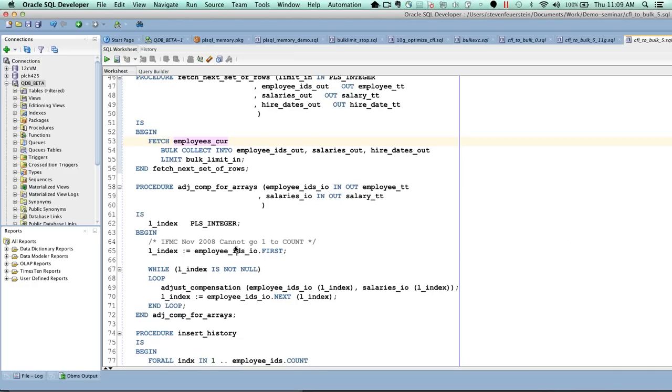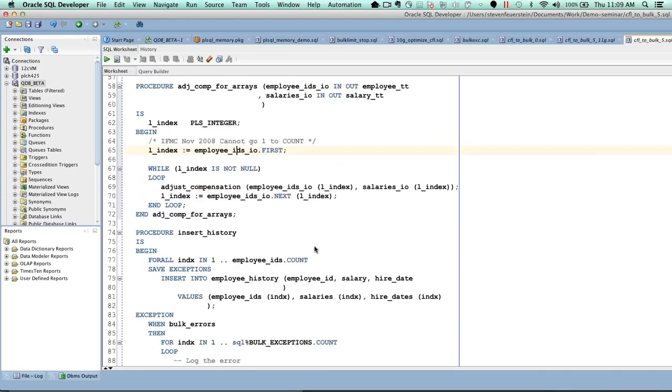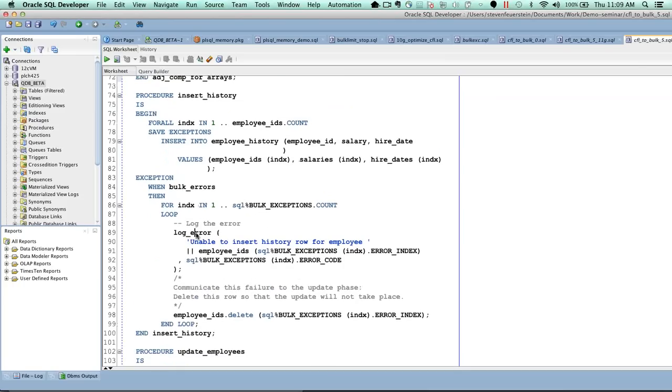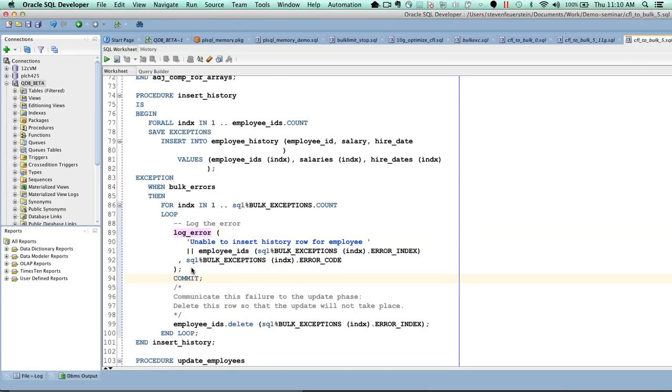Should I put commit in my exception handlers? In general, I'd say no. But it all depends on what you need to do. I think the question here might be, if I'm logging an error, should I do a commit afterwards to make sure that error is saved? Now, you do want to make sure that your error information is saved, but you don't want to put a commit here. You want to put the commit inside your log error procedure and make that log error procedure an